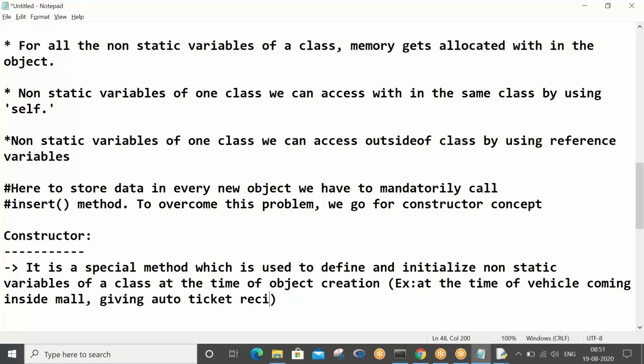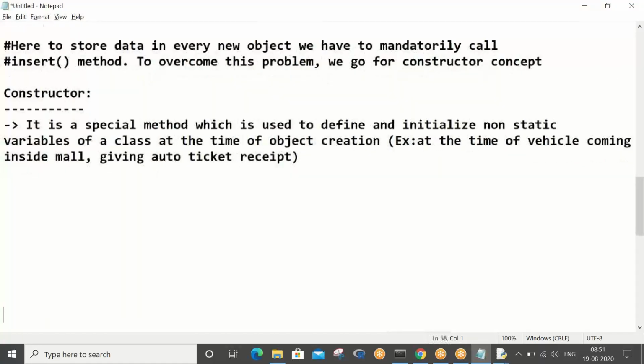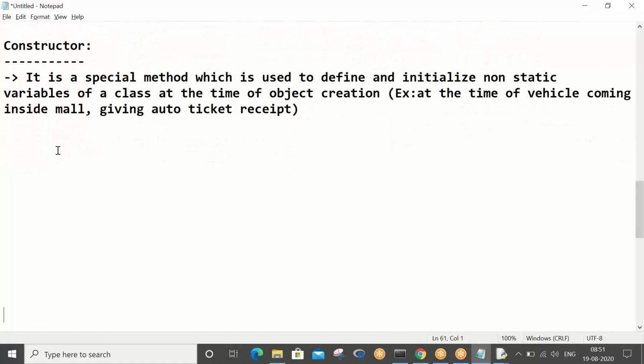This is just for your understanding. Spelling is correct. Please adjust. So what is constructor, sir? Constructor is like a method which helps in the moment when an object gets created, values will automatically be put in the object.